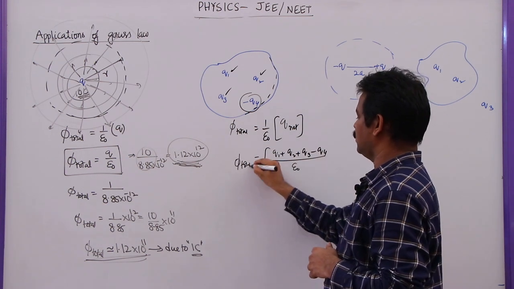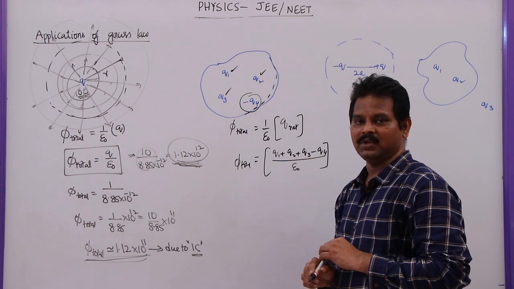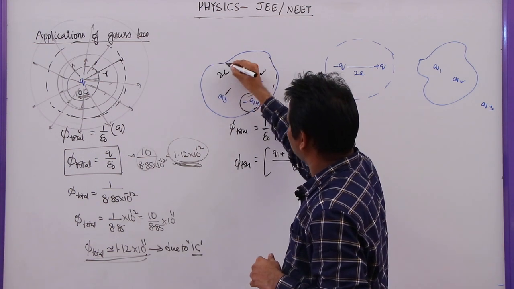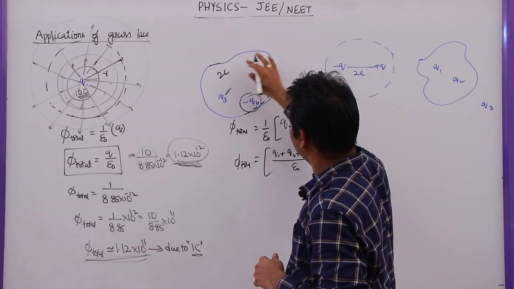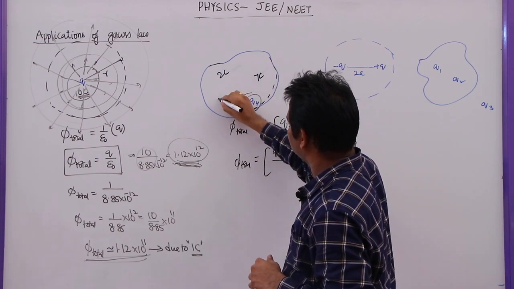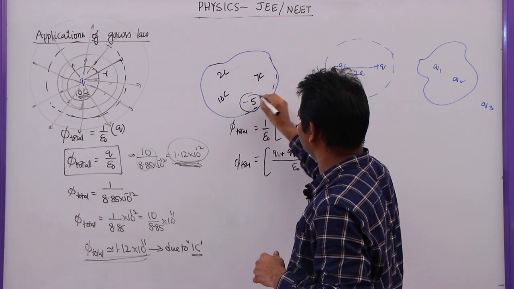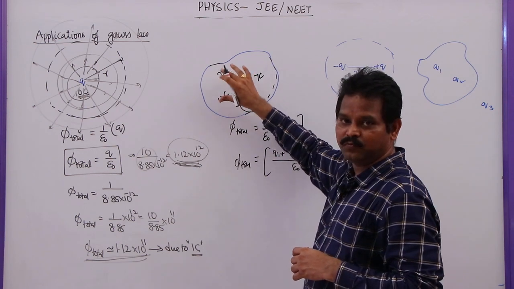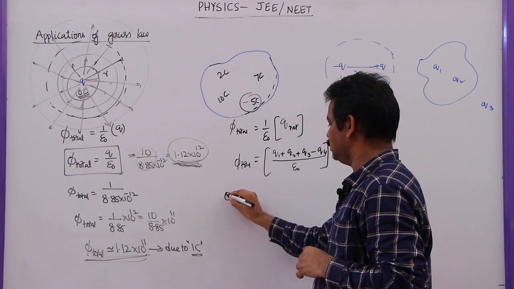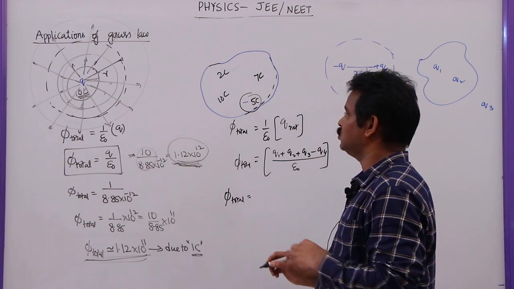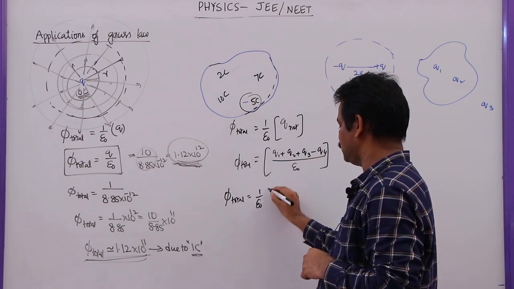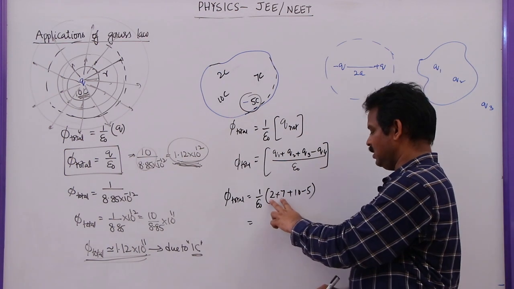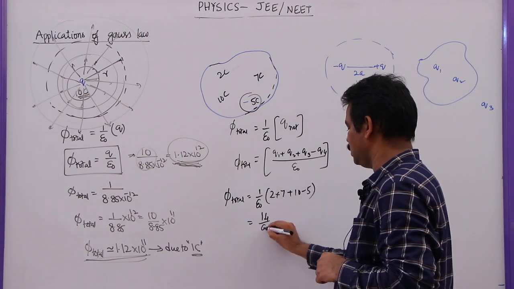So this is how we can find the flux due to different types of charges, that means positive and negative charges. For example, let me take this as 2 coulombs, this is 7 coulombs, this is 10 coulombs, and let us say this is minus 5 coulombs. Now, what is the total flux through this closed Gaussian surface due to these four charges? In this example, the total flux passing through this Gaussian surface is given by 1 by epsilon naught times 2 plus 7 plus 10 minus 5. So this is equal to 9, 19. So this will be 14 by epsilon naught.